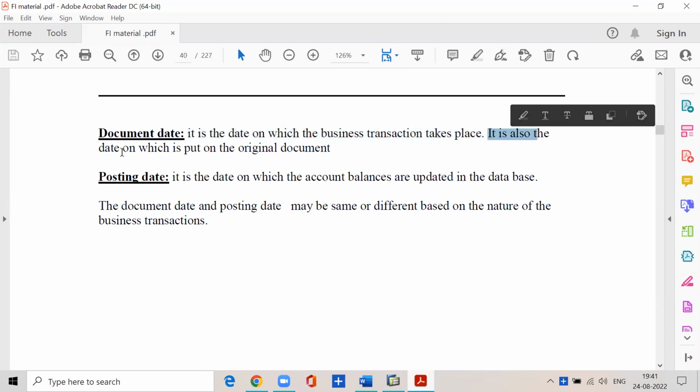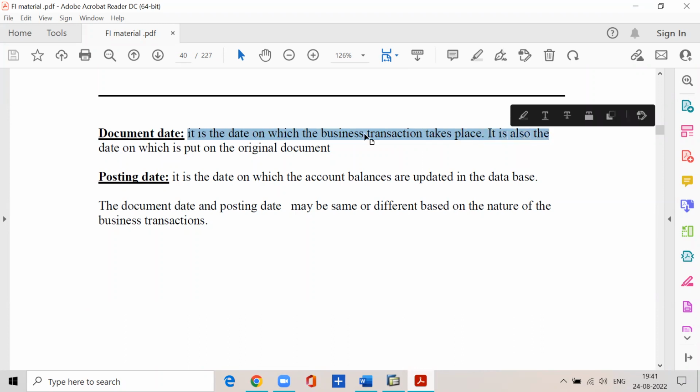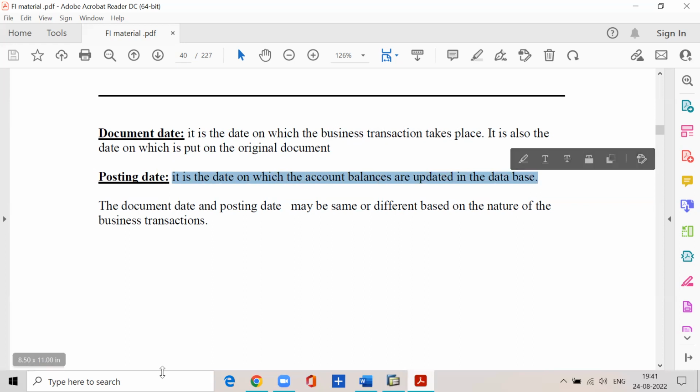Document date means it is the date on which the business transaction takes place. It is also the date which is put on the original document. Then posting date. It is the date on which the account balances are updated in the database. That means